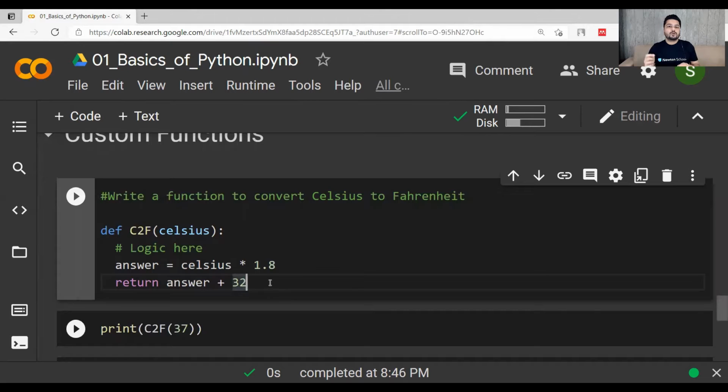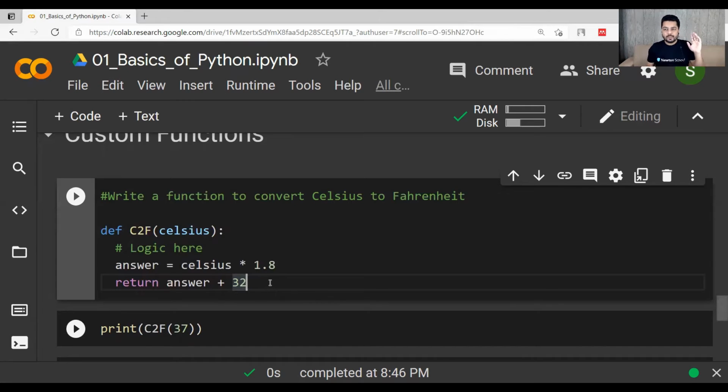Everyone knows the formula is 9/5 into Celsius plus 32. So that's being done here. 9/5 is 1.8 only, so Celsius into 1.8 is being calculated in the variable answer. And then while returning, we are also adding 32 while sending the answer.